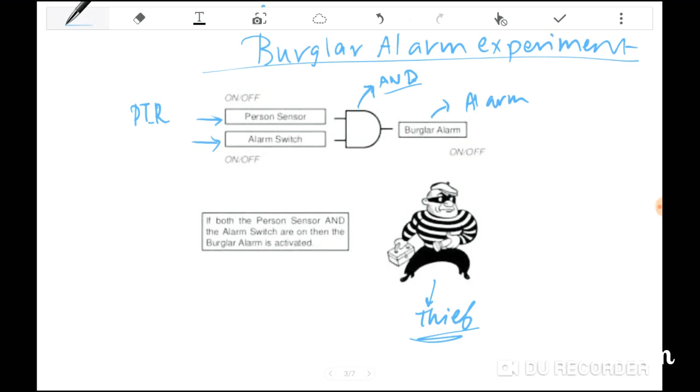So whenever a thief, or an intruder basically, walks in front of this sensor, the temperature at that point will rise from the room temperature to the body temperature of this thief. This quick change triggers the detection. So we can use a PIR sensor here, and for the alarm switch, I will be using